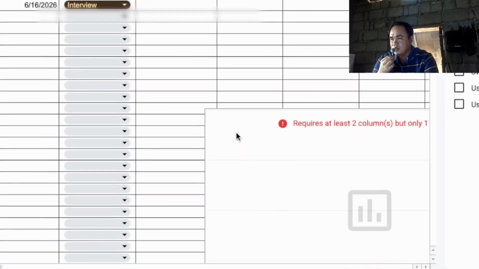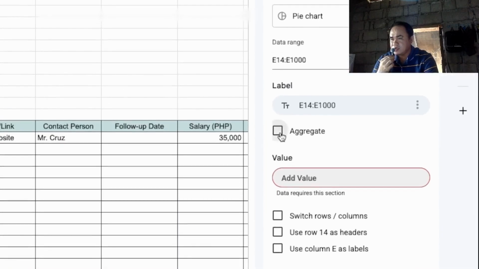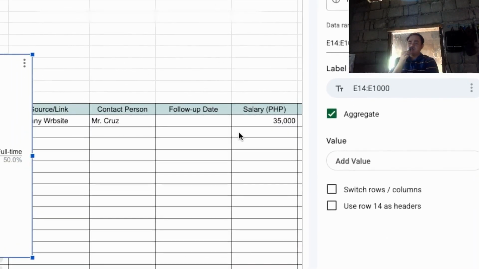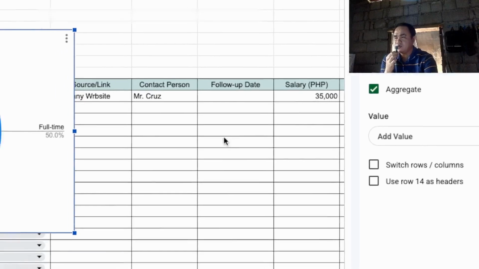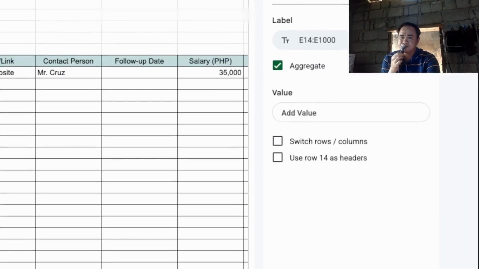And then as you can see, okay, aggregate. Okay, so aggregate means it will only count, for example, how many part-time on your records you have, how many freelance job types on your records that you have.